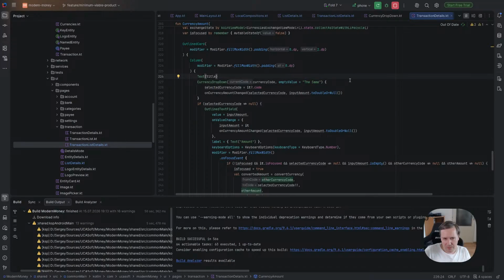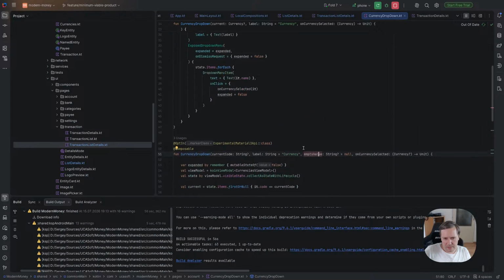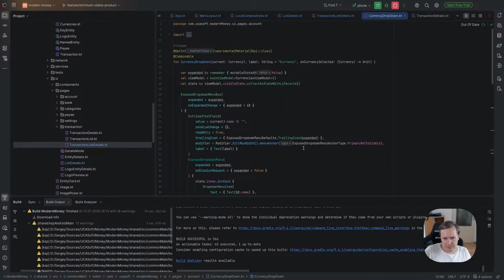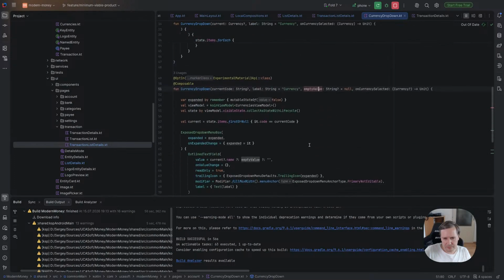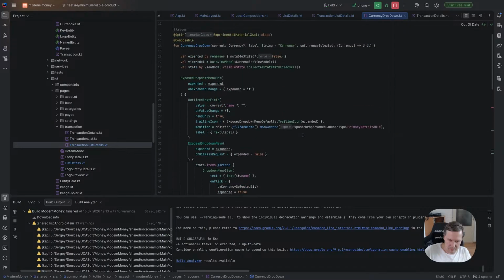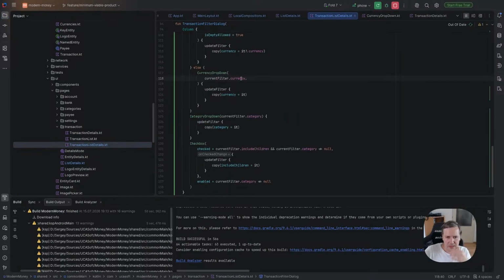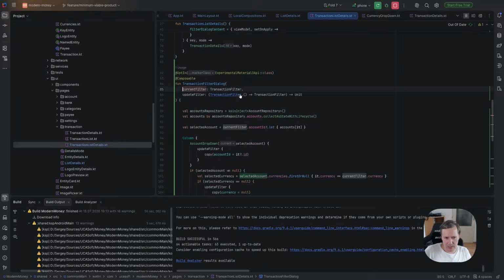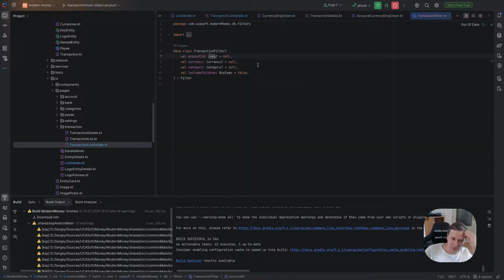Okay, yeah. The same, by currency code. But here we are using exactly currency. It's what I don't like, to be honest, because for account ID we use long, but for